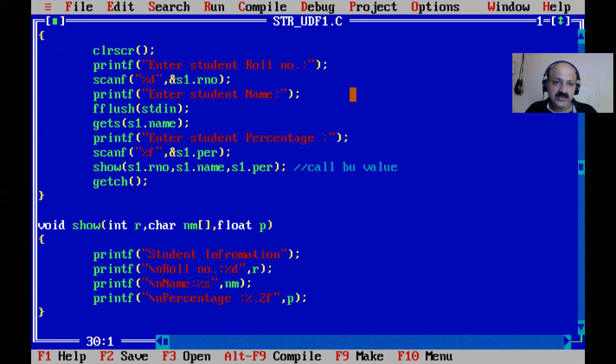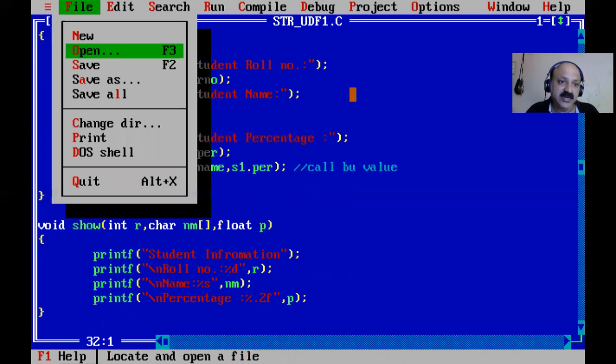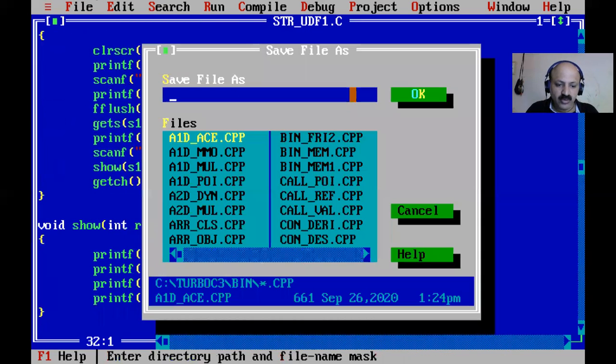So that is very easy, and each individual member we have to pass and print through the UDF. Now I save this technique as the first method. The second method, passing the entire structure, we will take in my upcoming video lecture.